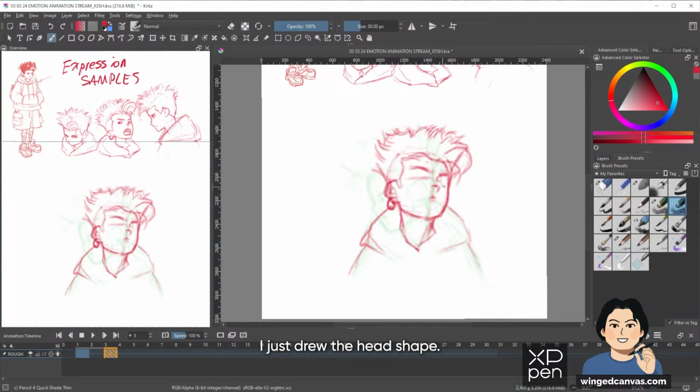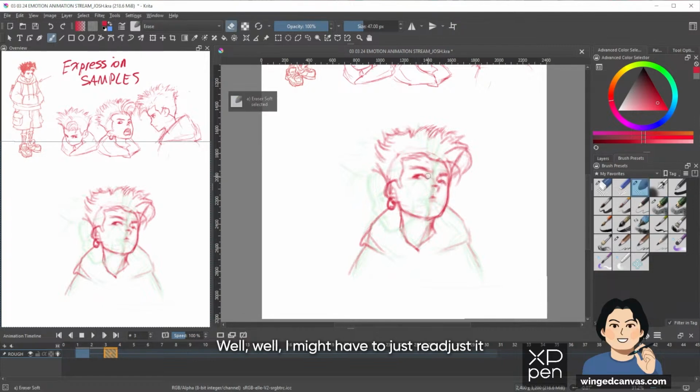Okay, we didn't draw the eyes though. I just drew the head shape. Where would the eyes be looking though? Let's just have him. Okay, I feel like this. He's way too smug. Way too smug looking, whoops, used the wrong. We didn't draw the eyes, so now he's super smug looking.